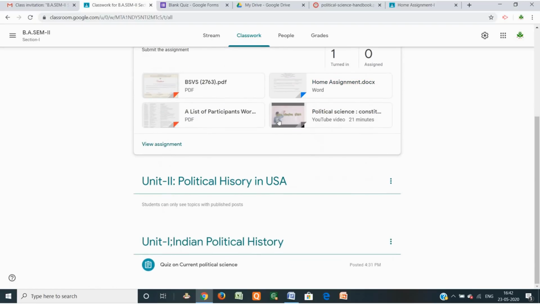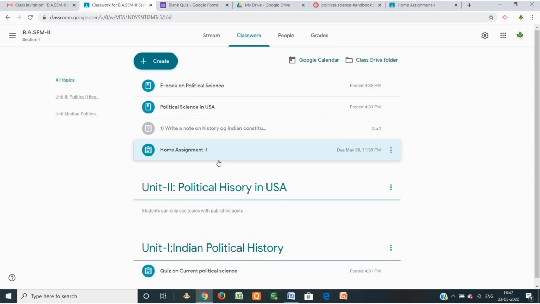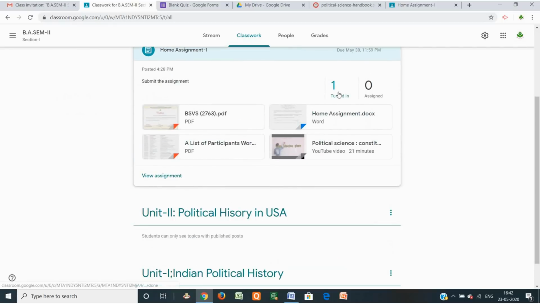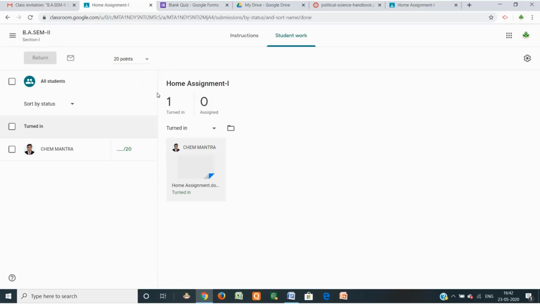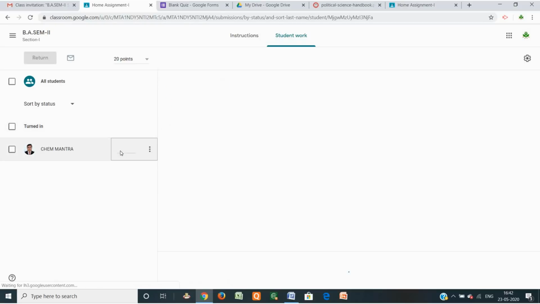And suppose I click here on turned in. So it is found that one student submitted the assignment and this is the student's assignment. So suppose 50 students submitted, it shows turned in and submitted. Now after clicking here on the student, you can give the marks to the student.